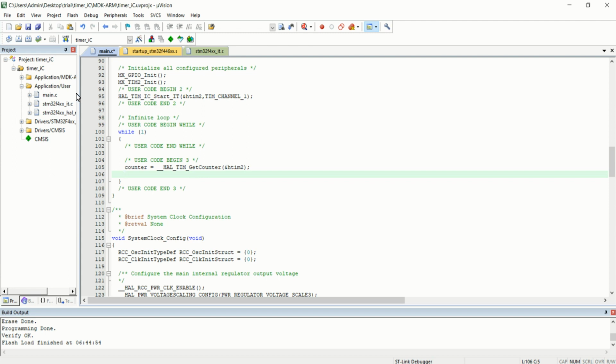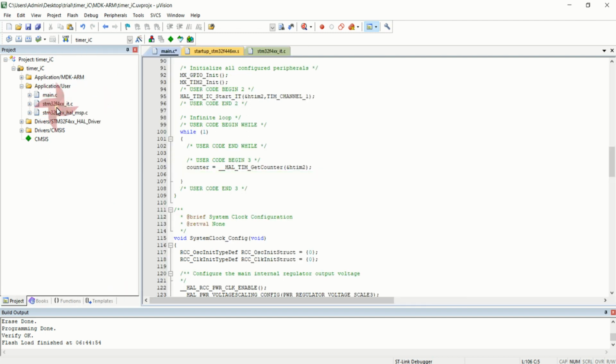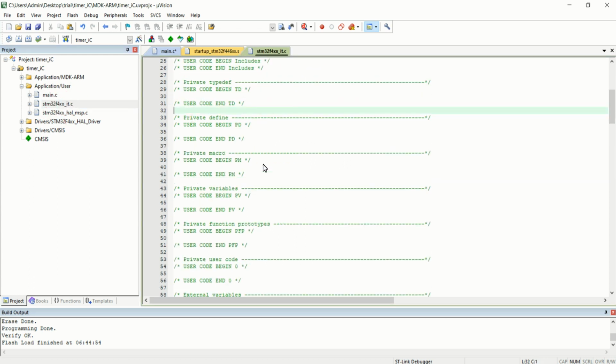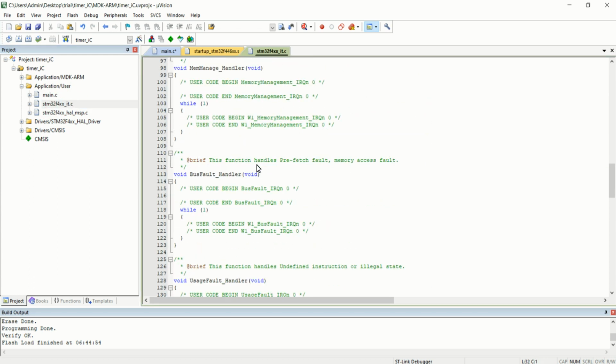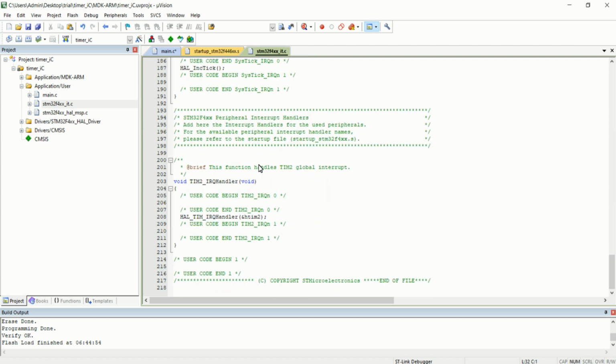So that interrupt function can be found inside the it.c. As we know, we configured the timer interrupt. Come down a little bit. Here you can find the TIM2_IRQHandler. So this is the interrupt function called whenever the timer 2 peripheral will be interrupting the processor with rising edge pulse in PA0.